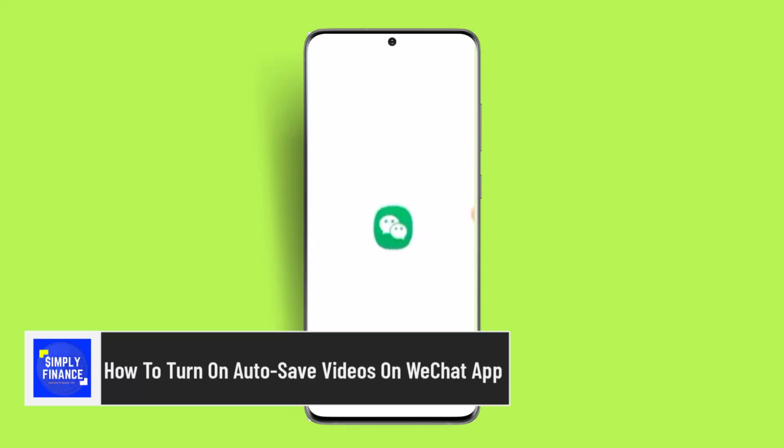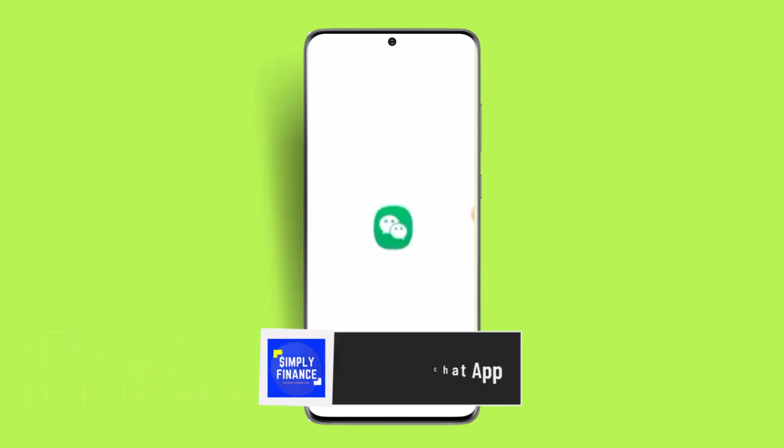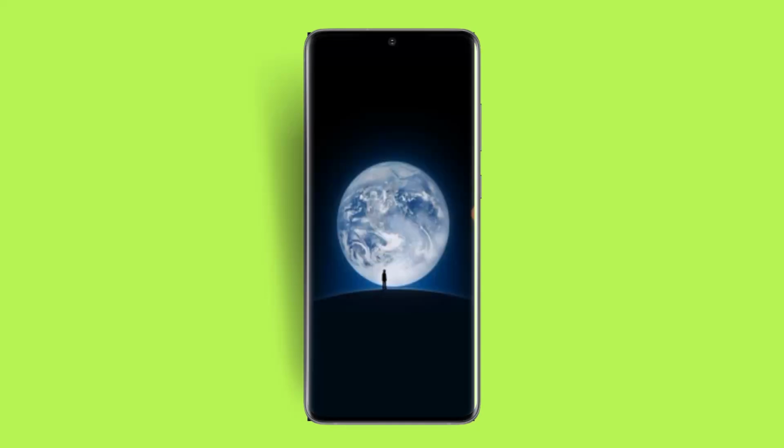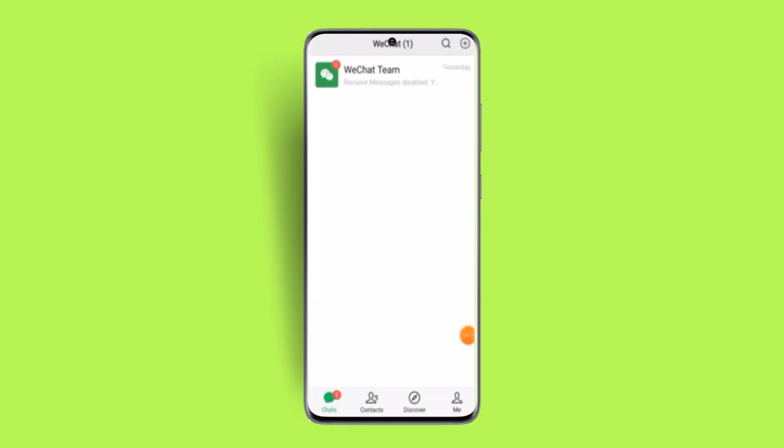In today's video, I'll show you guys how you can turn on autosave video on the WeChat application. For that, you need to make sure that the application is completely up to date. After which, open up the application and then log into your account. Once you're logged in, that's going to take you to the home page, which is going to look